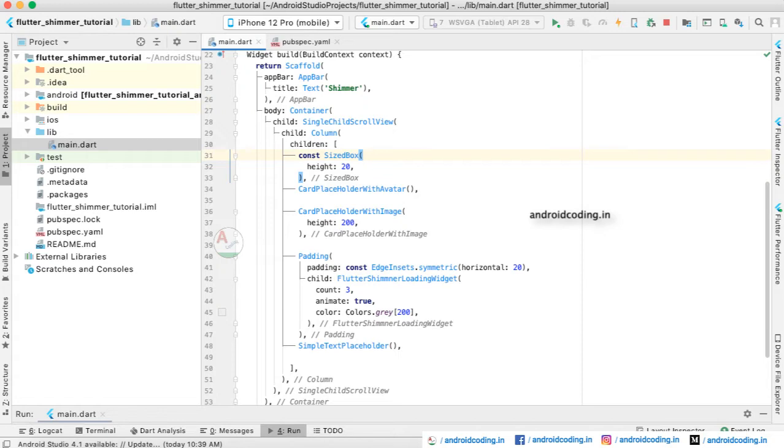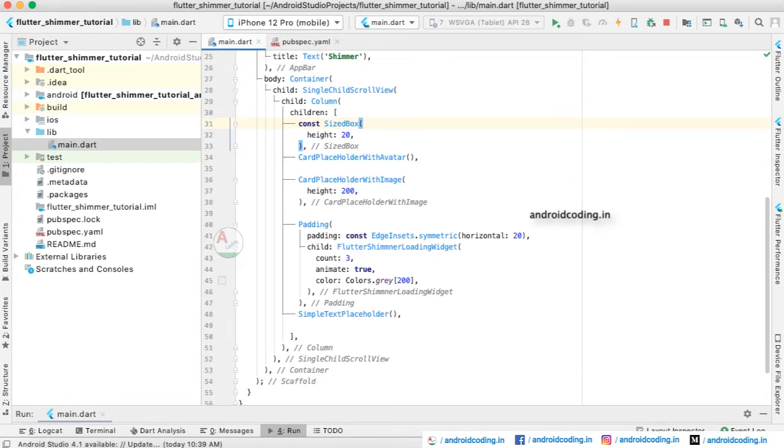So here you can have multiple items inside the scroll view. You can also enable scrolling just like in YouTube and Gmail, where you have a list of data which is scrollable. So here, card placeholder with avatar. Here you will have an image and data on the right of it, just like in your contacts, where you have an image, and to the right of it you have the data or the user details.